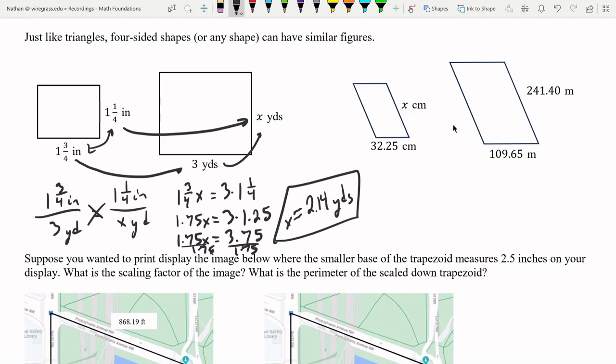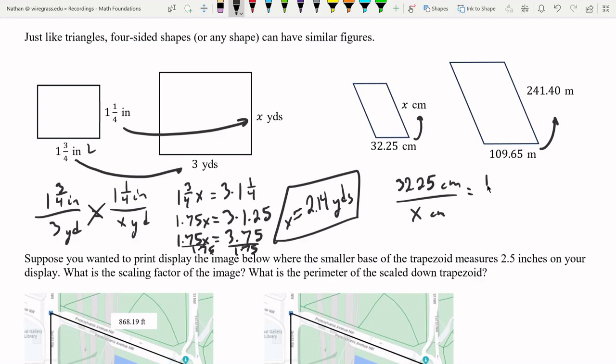Okay, here we're saying that these two parallelograms are similar. So once again, we can do this however way we want. Since we did this way for this proportion, let's do the other way. Let's do this goes to there. So 32.25 centimeters goes to x centimeters. And here we have these ones, right? This and this side are going to be similar to each other. And these two sides are going to be similar to each other. So we're going to go,